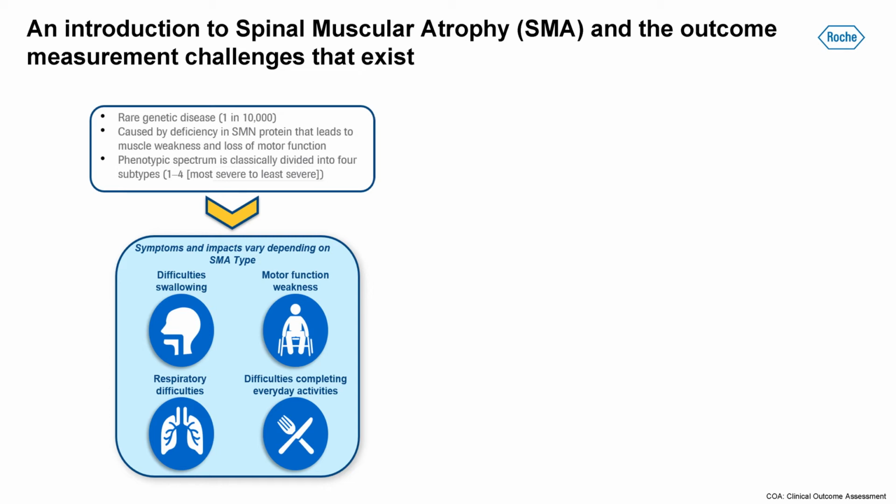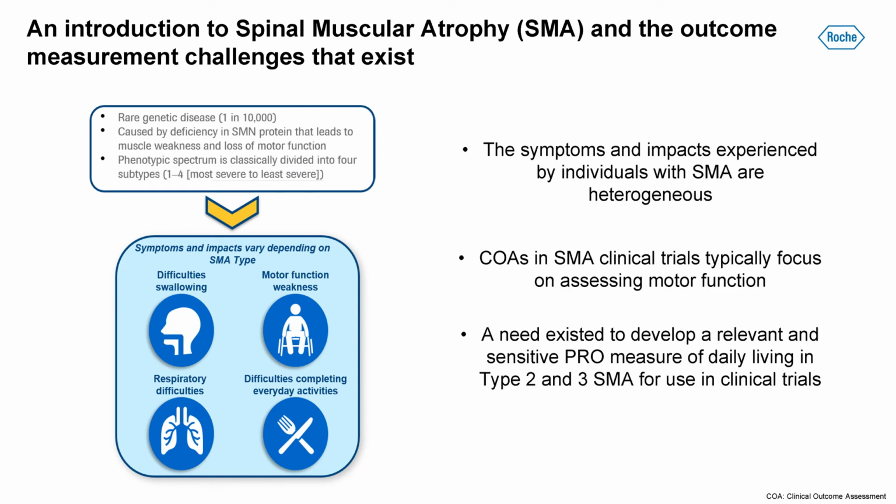1 being the most severe SMA type, 3 to 4 being the least severe. But the symptoms and the impacts are very variable depending on SMA type. So we have progressive motor function weakness, difficulties completing everyday activities, and in more severe cases, difficulties swallowing as well as respiratory difficulties. This heterogeneous impact of SMA makes selecting clinical outcomes challenging, but typically in clinical trials, we